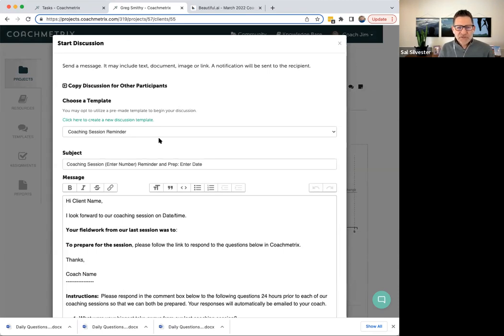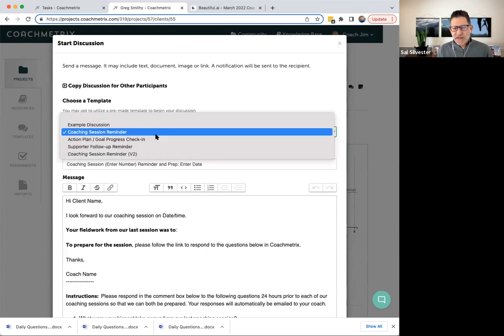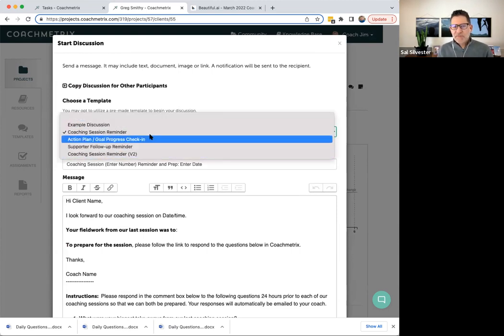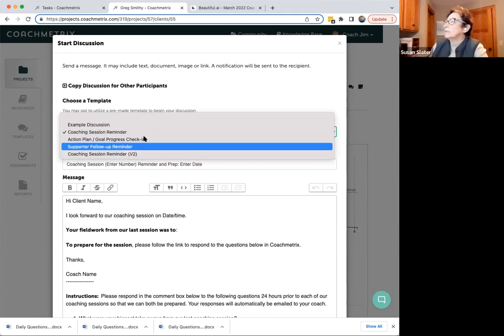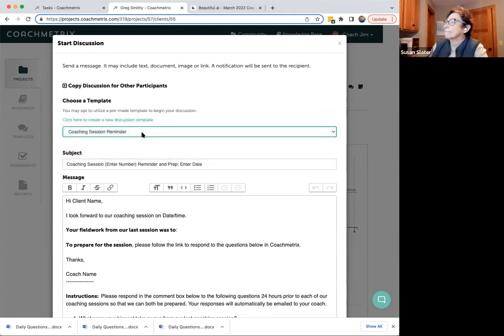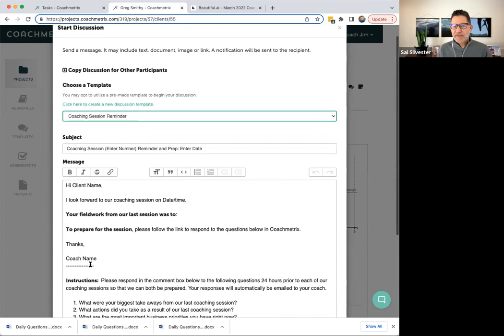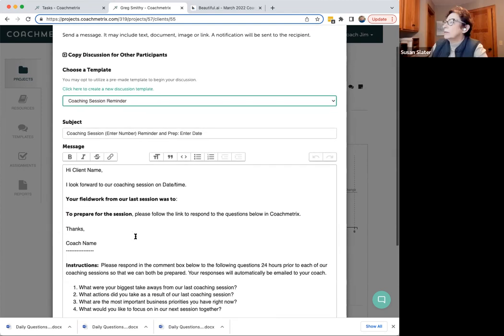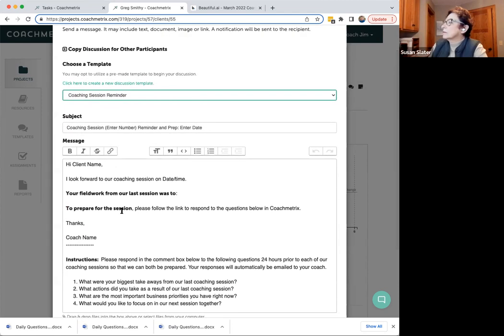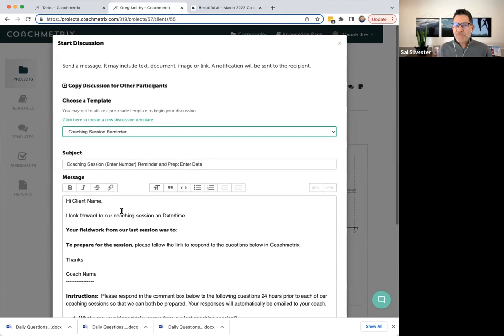And then you'll see a couple things here, Susan. First of all, you'll see this drop-down box that allows you to choose from templates that you've already built. Once you choose it, it will auto-populate the subject line and the body of the email. And then you can customize it if you want to change the name or even the content. While we're here, let me show you one other thing, because this may apply to some of the work you're doing.